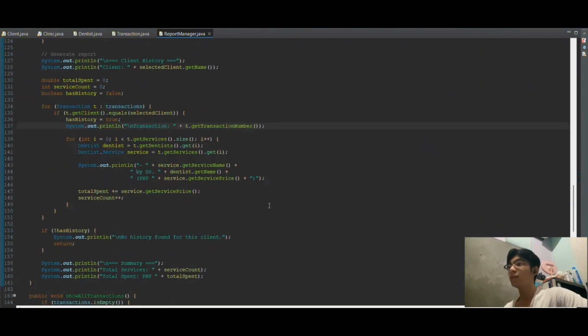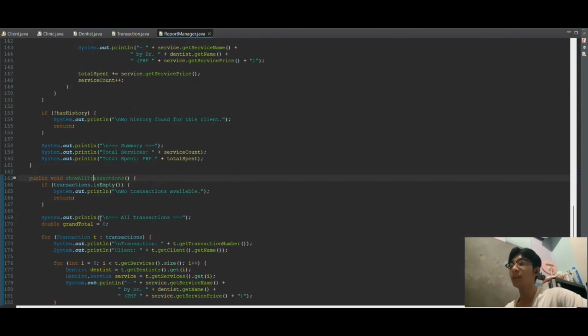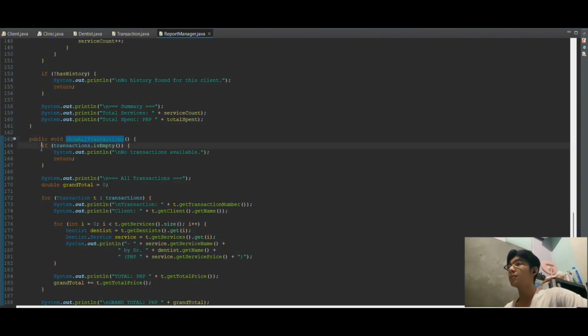Then moving on to the other method named showAllTransactions. So this displays a complete list of all transactions in the system with detailed information about each transaction. So inside this method, if transactions is empty, this will check if there are any transactions.